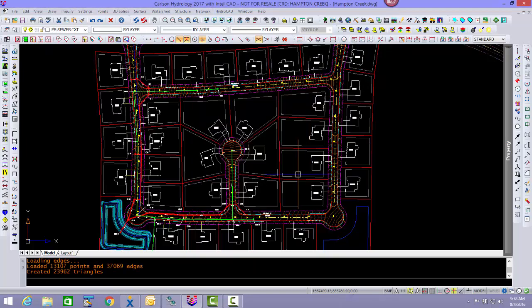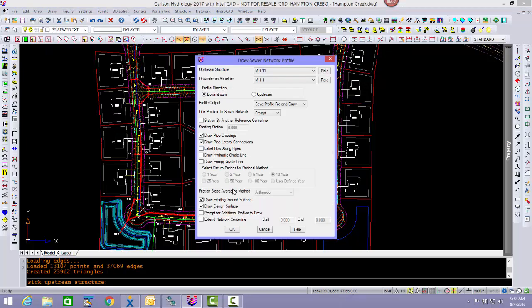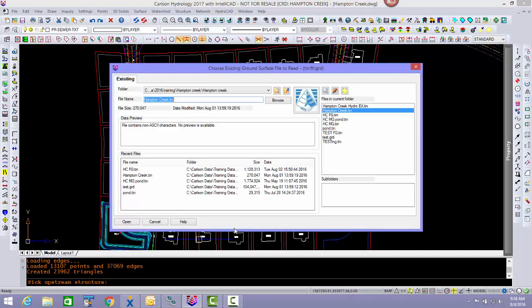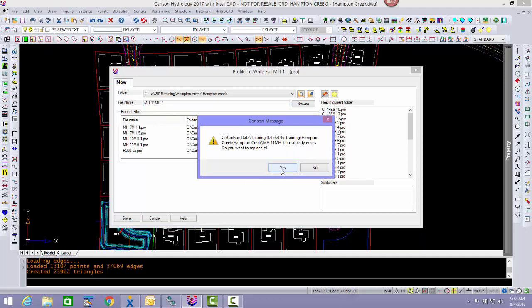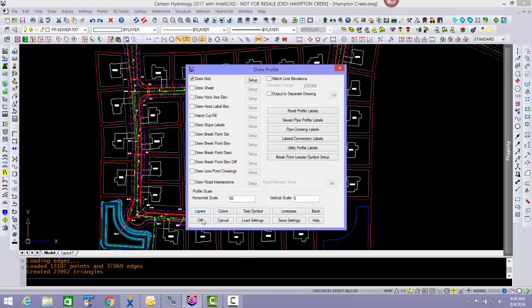Profile, let's go for manhole 1. Let's go up to this manhole this time. You don't even have to zoom in. We're going to keep the same settings, so everything's good. And open the name of our profile file. We're going to replace it. That's fine. And then I'm just going to hit